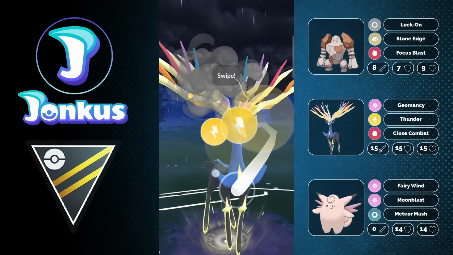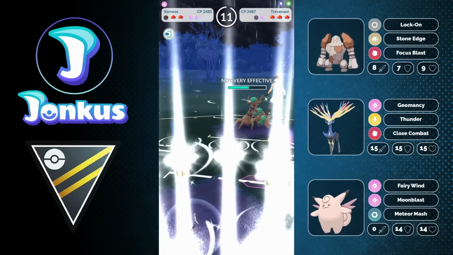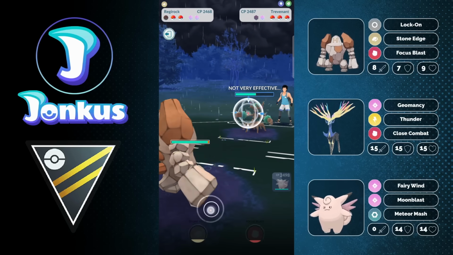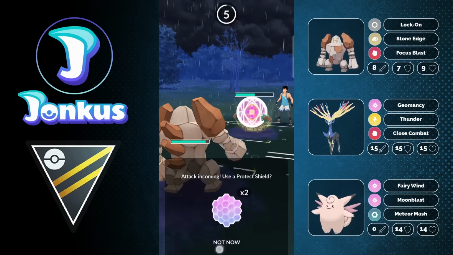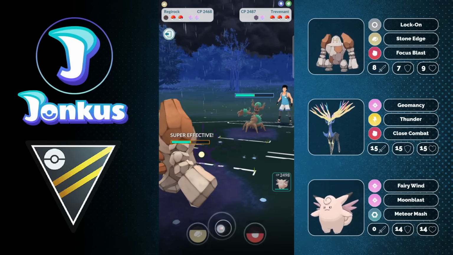But here against the opponent's Trevenant, we at least were able to get a shield advantage with the Close Combat bait, as we can go for Thunder and get them fairly low. Trevenant is one of the worst possible Pokemon to face for this team. Of course, our Clefable is going to be neutral, but